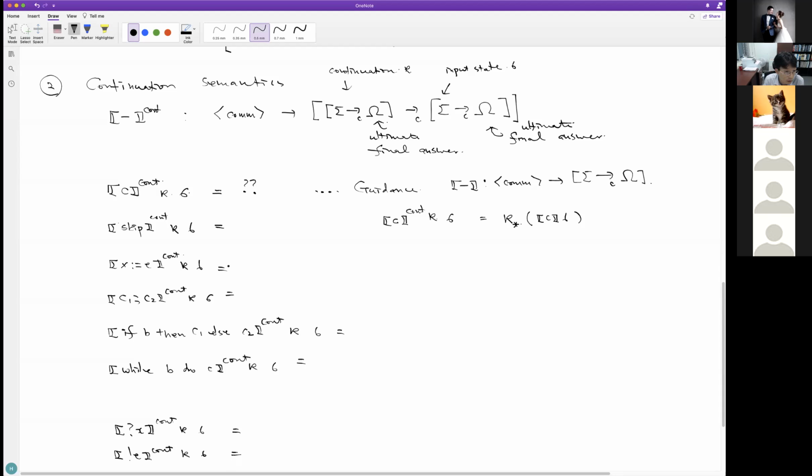The second case is the one that we covered. To be more precise, what we have to do is run the continuation on the state which is properly updated by the assignment.